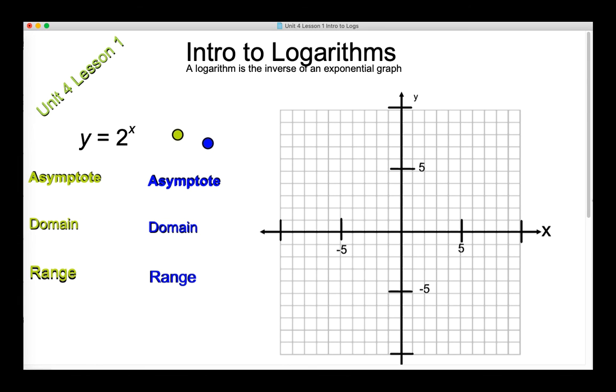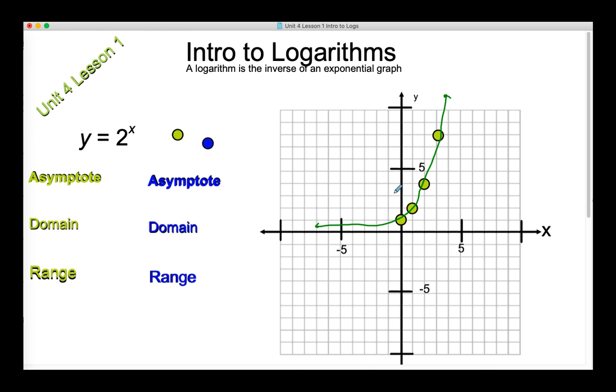All right, so Unit 4, Lesson 1 is our Intro to Logarithms. It's what undoes exponents. So real quick, let's look at the graph y equals 2 to the x. If I were to graph it, we know 2 to the 0 is 1, 2 to the first is 2, 2 squared is 4, 2 to the third is 8, and then we know it goes off into very close